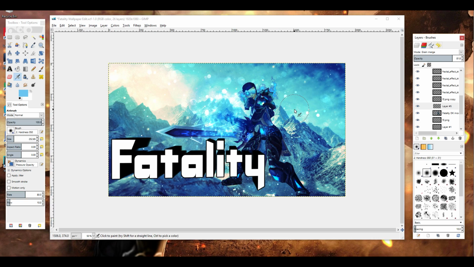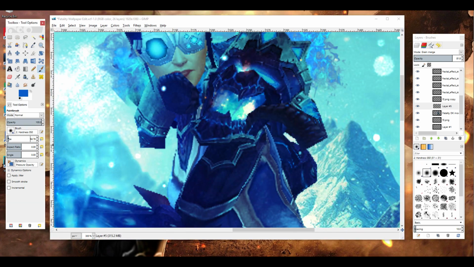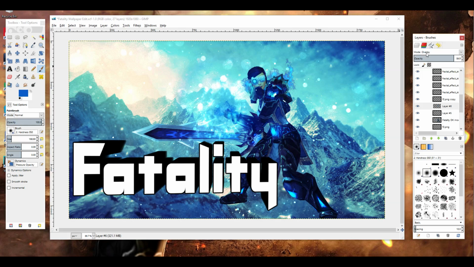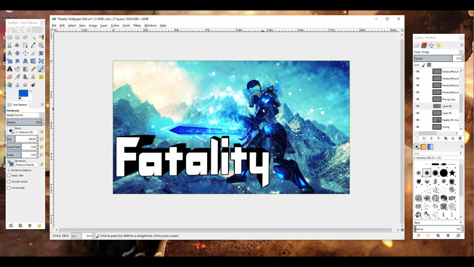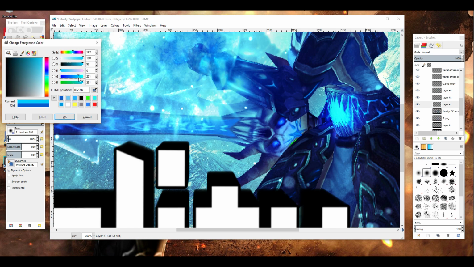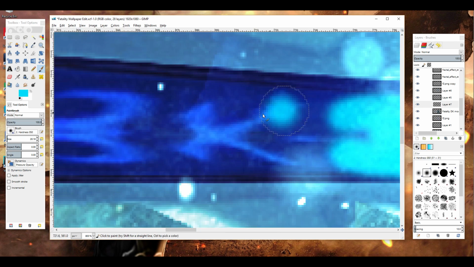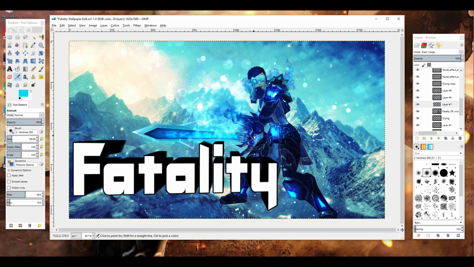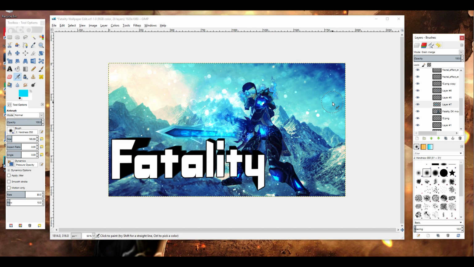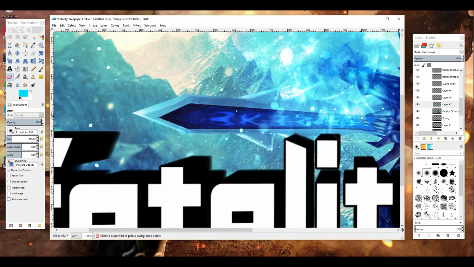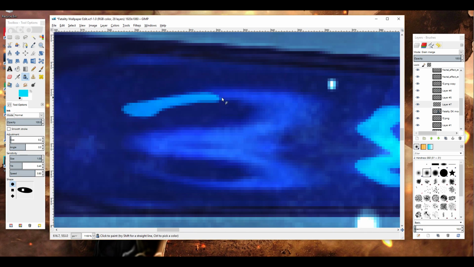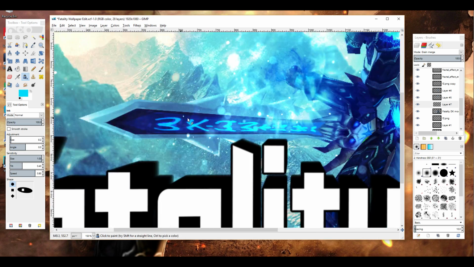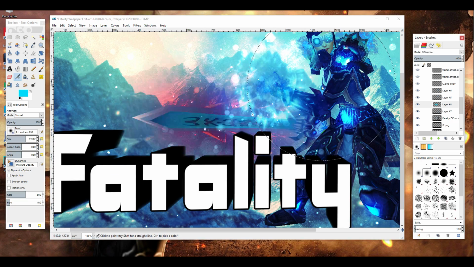I'm going to detail the shoulders, the chest, the belt, the weapon, and the boots, and give it a nice bluish decay glow. And I mess around with different experimentations. I also go back to the weapon and I etch in the runes in the actual weapon. I tried multiple different kinds of etches just to see which one works best, but I decided to go with a fine etch. For the actual runes themselves, I decided to give it a bit of an artistic freehand draw, just because I thought that looked a little bit better